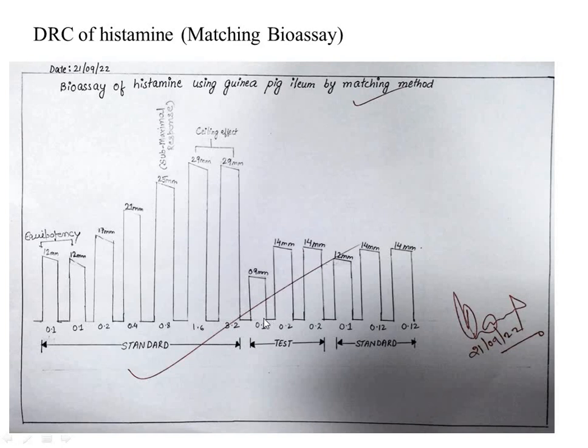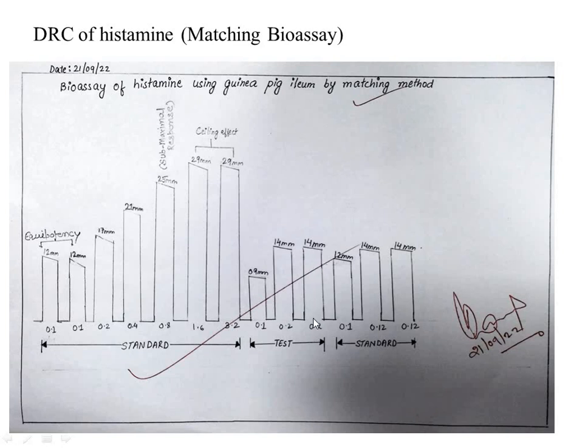As 0.1 ml पे response 9 mm है, so what we will do, we will increase the dose of test. We are introducing here 0.2 ml of test and we are getting 14 mm of height. As the 14 mm of height is lying in between 12 mm and 25 mm, so what we will do, we will again give the same dose of test, that is 0.2 ml, and we will check the equipotency of that test. So again we are getting 14 mm.